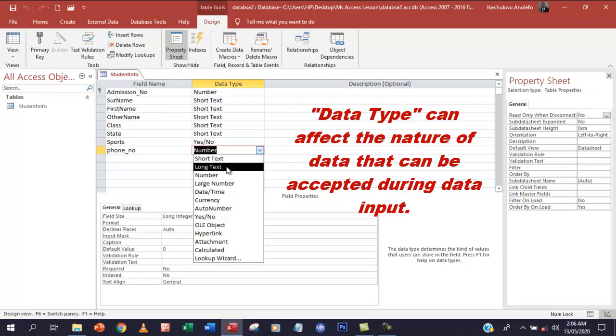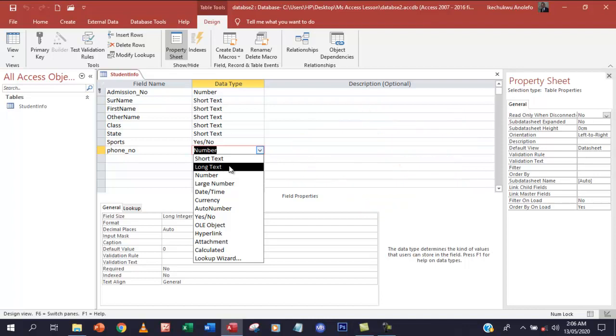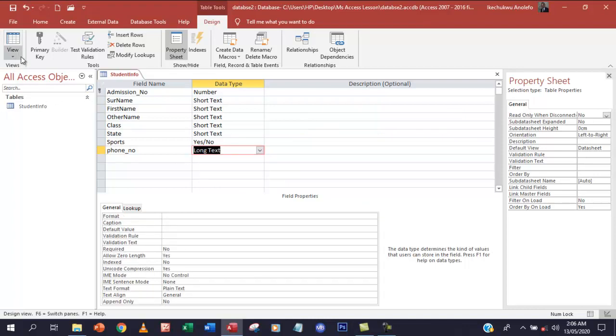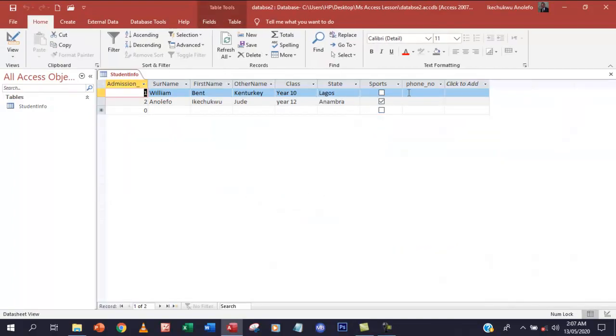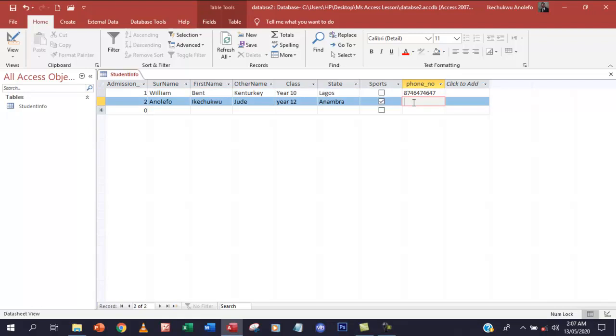Oh, I can have it as text, so I'll be able to accept whatever I have in there. Text will always allow 080, whatever, any number. So it's gonna accept that. You can leave it as text if you want to.